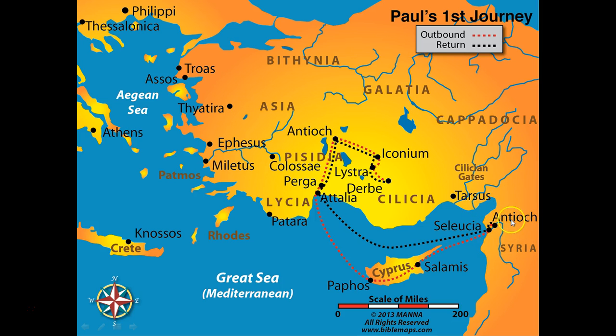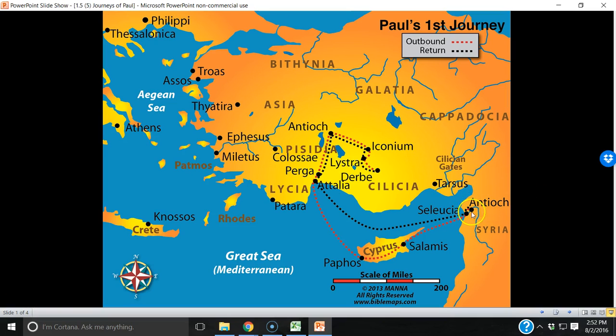This is what happened. This is some of the drama that took place. We got beat up in Lystra. It wasn't good. So all the stories that they got to tell when they got back to Antioch. But overall, it was a good report. Very good report. Gentiles were converted, and basically we've established churches there. So overall, this was a very good report.